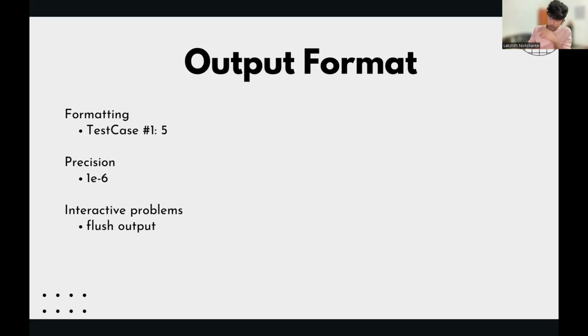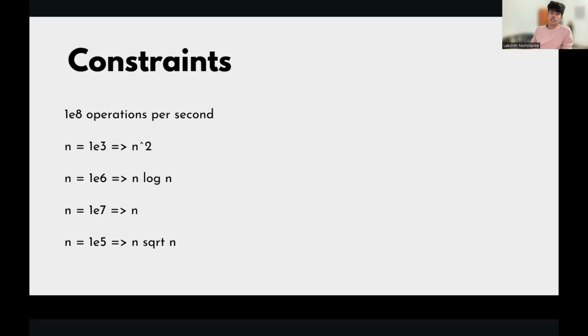The reason is that I have to flush the output stream after outputting something. I'm not sure what programming language you are using, or whether you will need it, but maybe read about it a bit, and you won't get stuck in an actual contest.